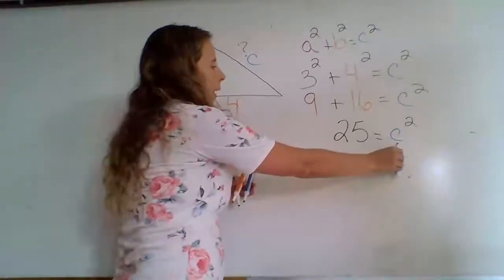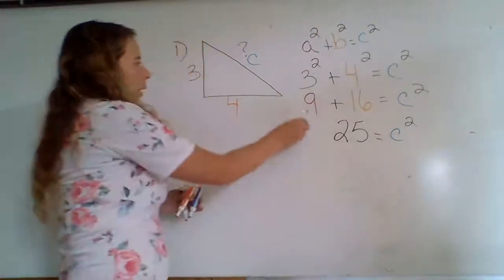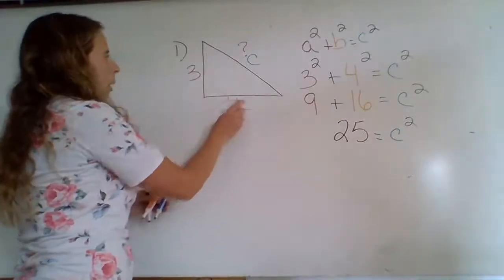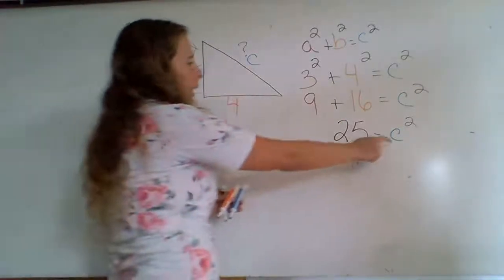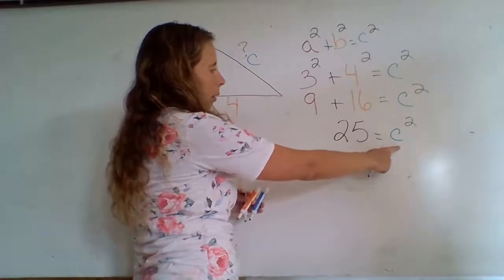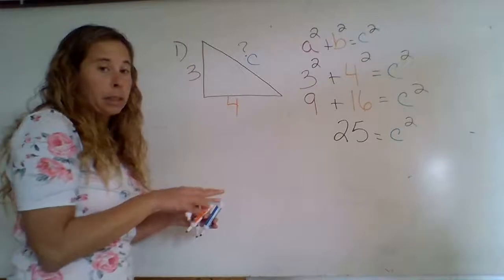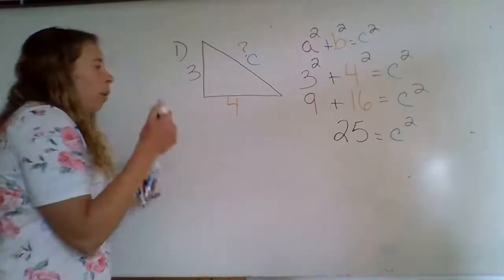Well, we're trying to find C, right? Our numbers weren't 9 and 16, they were 3 and 4. So we need to find C, not C squared. C squared is 25. Well, that's great. I'm trying to figure out what regular old C is. Okay, so